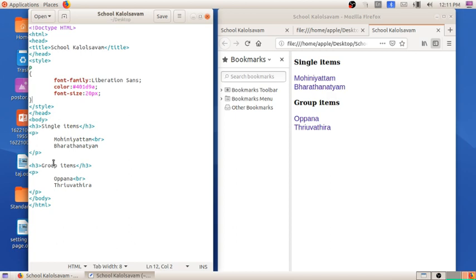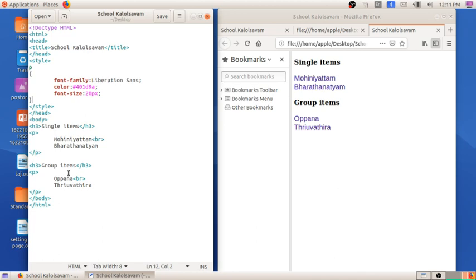These repetitions are avoided in the single structure itself. I hope it is clear to all of you. This is the merit of using the cascading style sheet.